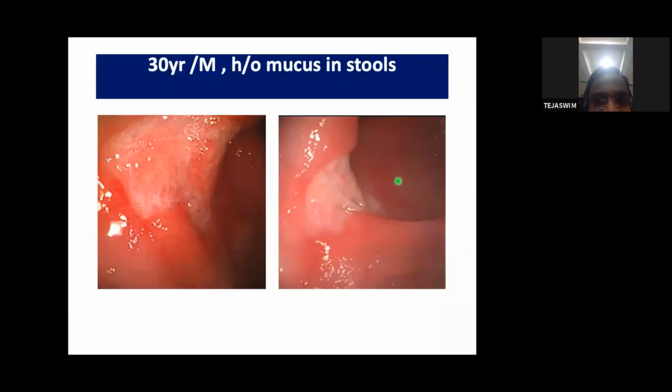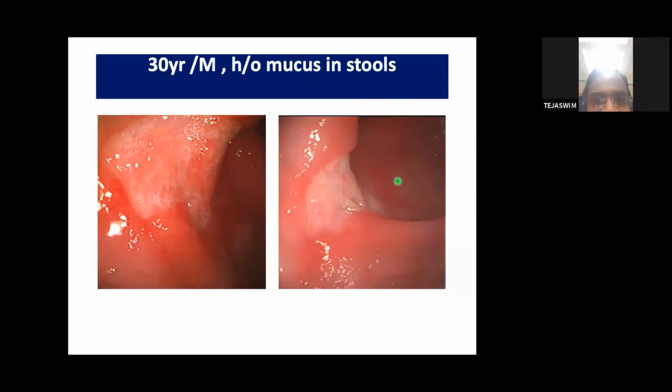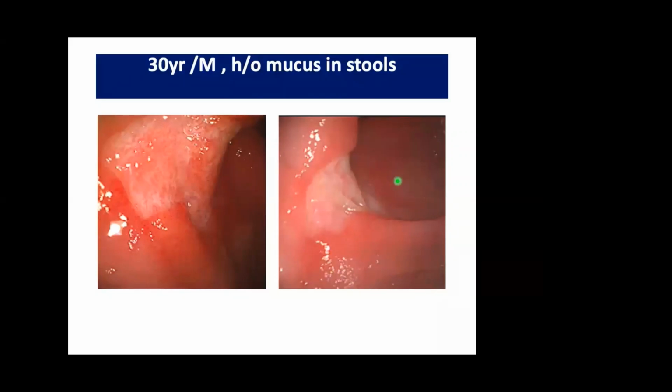Sir, it's clean based, more as a filling defect. It may be around 20 millimeter across. And the base of the ulcer is not really vascular. Okay. Is that the only morphological appearance of solitary rectal ulcer? Is there any other mode?